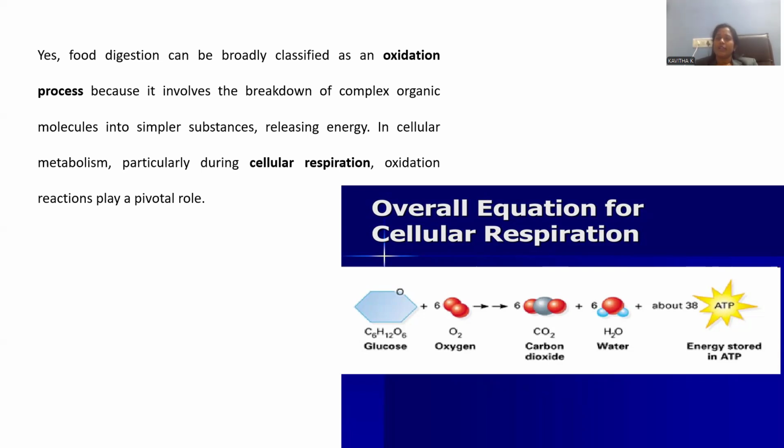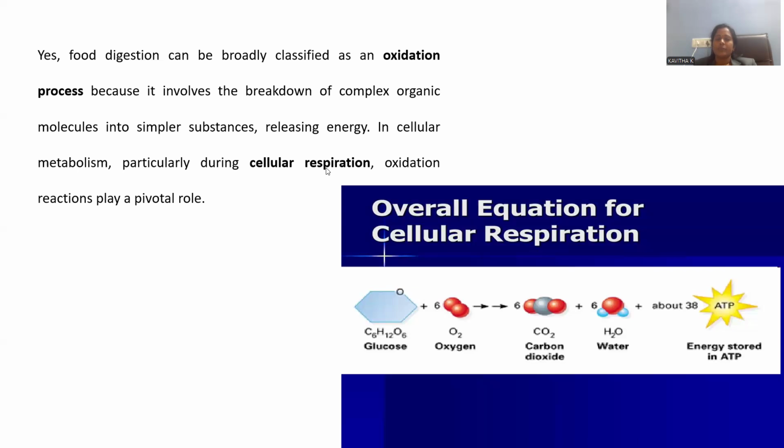A minimum of 3 hours is required in order to digest the food. Whatever complicated food materials are subjected to a series of enzymatic reactions, giving rise to a final energy. This is a continuous process carried out at different time intervals. We are supposed to consume the food and the digestion process is carried out. Now, in the chemistry context, can we say the digestion process of food is an oxidation? Yes, we can say the breakdown of the food materials is called an oxidation process,